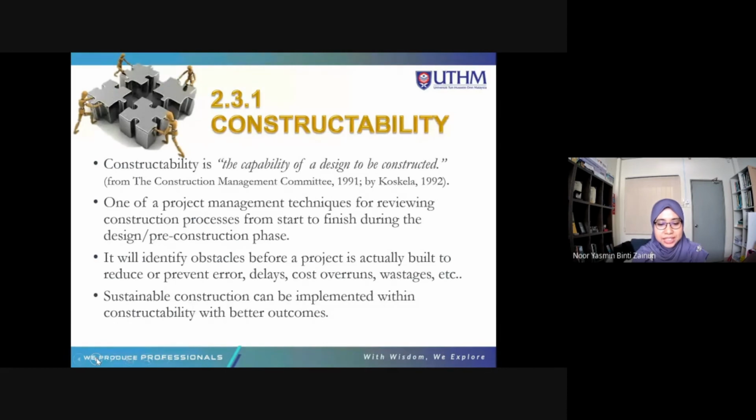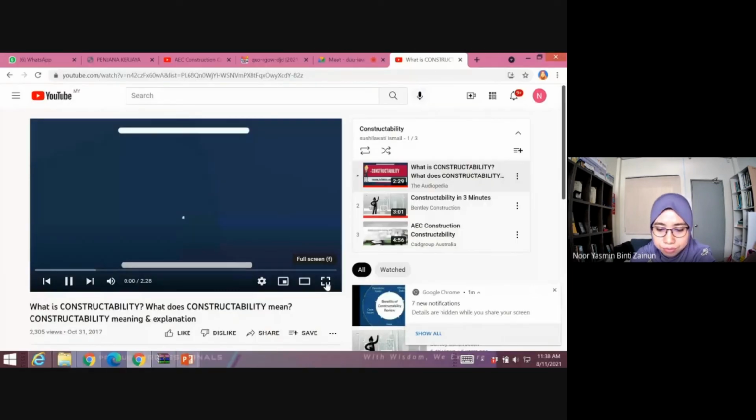It will actually identify obstacles before a project is actually built to reduce or prevent errors, delay, cost overruns and wastage. And also one of the sustainable constructions that can be implemented within constructability will get better outcomes. So